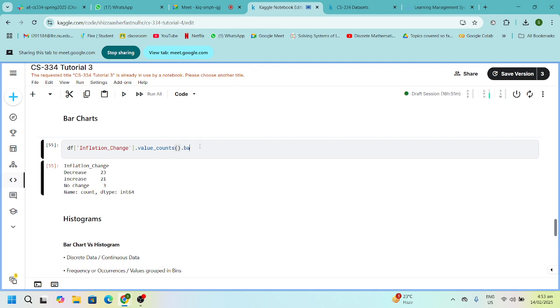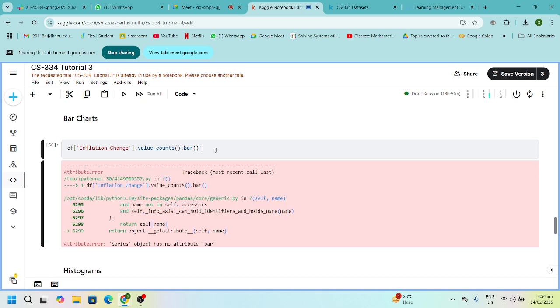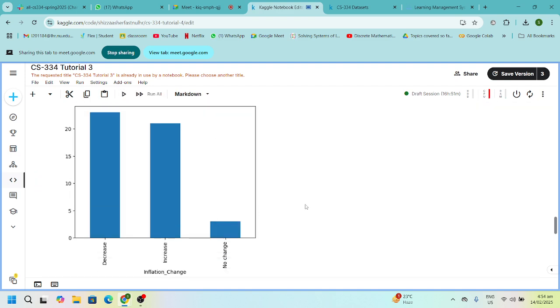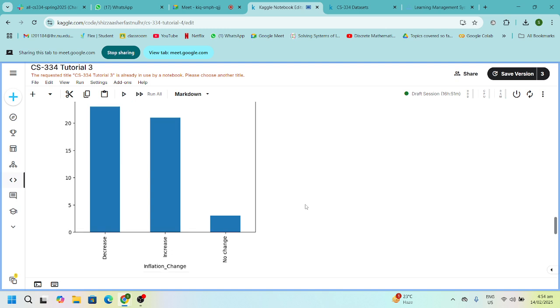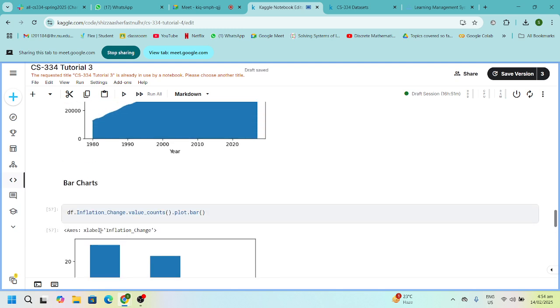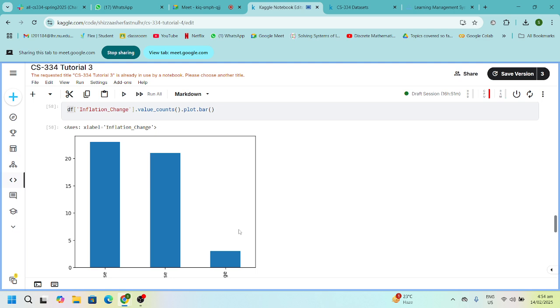If I simply add a dot bar next to it, oh my bad, I think it's dot plot dot bar, then this is what you obtain. Automatically, it has made a bar chart. And one more thing that you can observe is that the value counts are sorted by default in a descending order because that's just how pandas works. So as a result, my bar graph is sorted that way as well. I'm going to change this over here in this manner